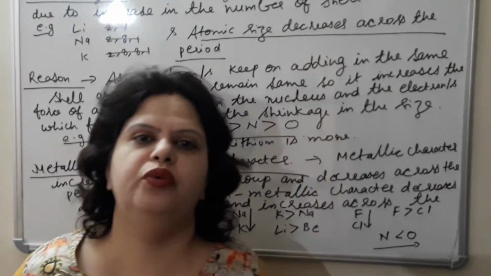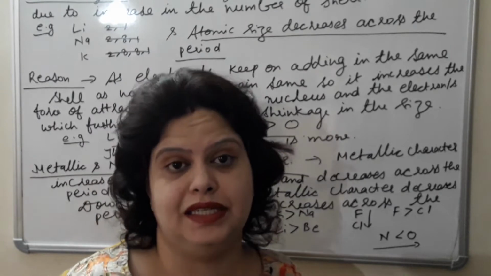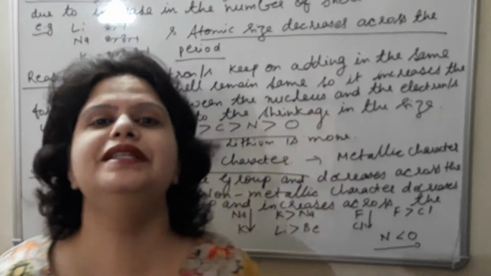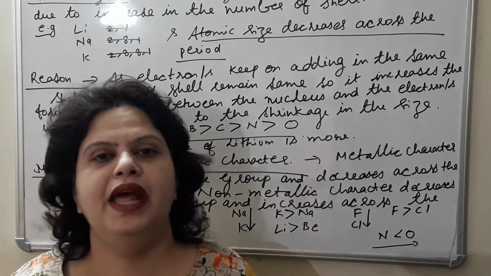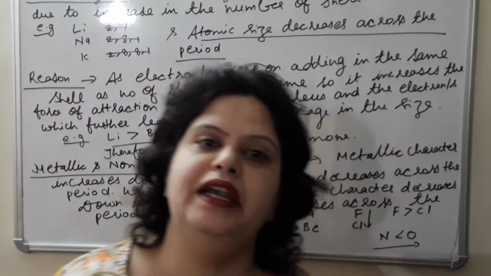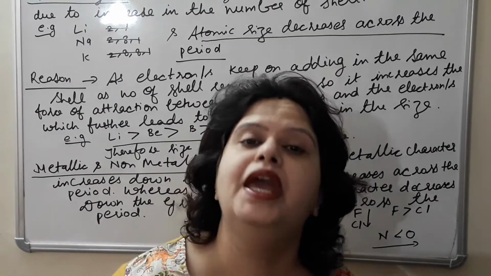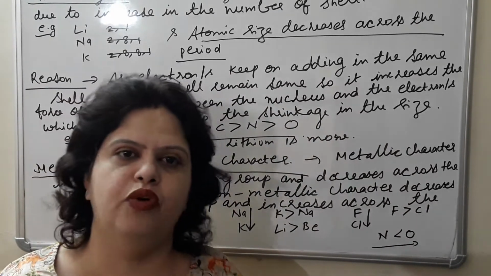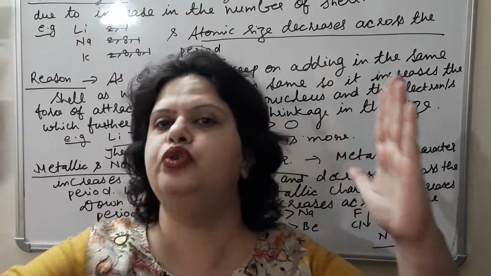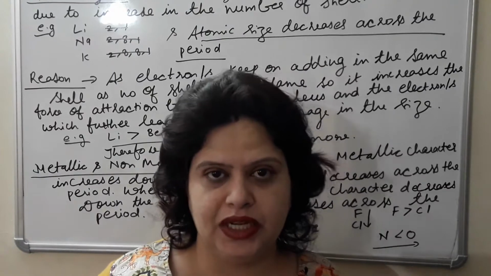Now, in the previous lecture, we discussed the concept of atomic radius. Atomic radius is the distance between the nucleus and the outermost shell. And how does it vary? In the previous lecture, I discussed how it varies down the group. That also I am going to repeat. So first we will discuss how it varies down the group, from top to bottom in the vertical column in the modern periodic table, and then we will discuss how it varies as we move across the period, that is from left to right in the modern periodic table. So first of all we'll discuss its variation down the group.